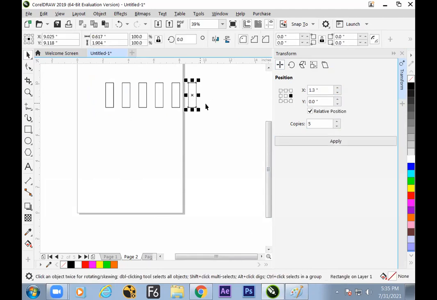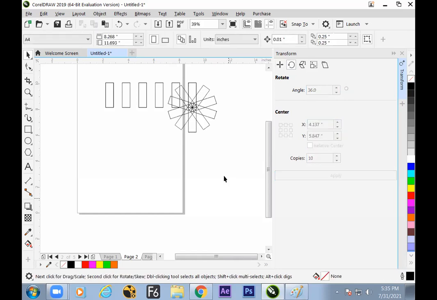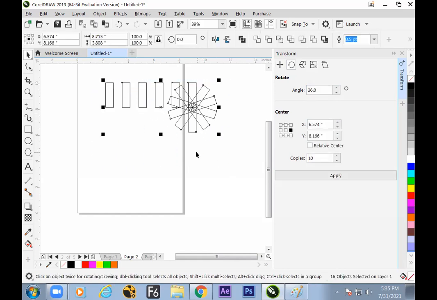Now the second thing, we can go for rotation, and position can be here and get how many copies we need. 10 copies. So 360 divided by 10. Apply. Is it okay? Now the math is working on the back end. So let us see the impact in a bigger way.